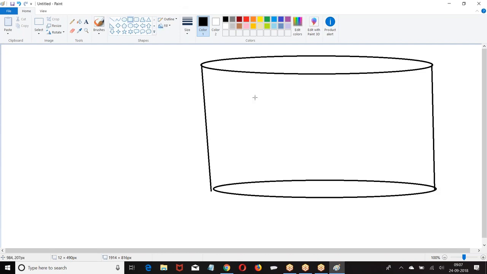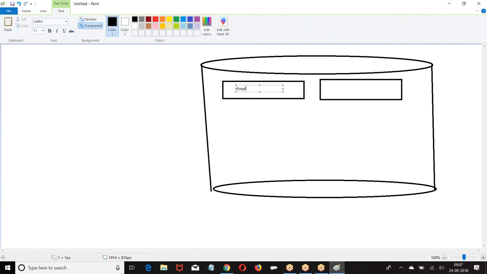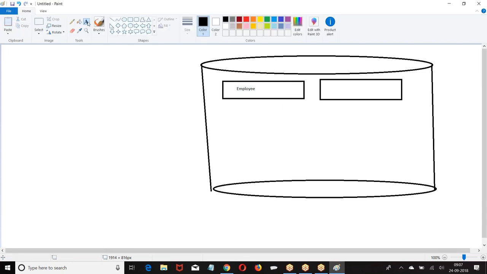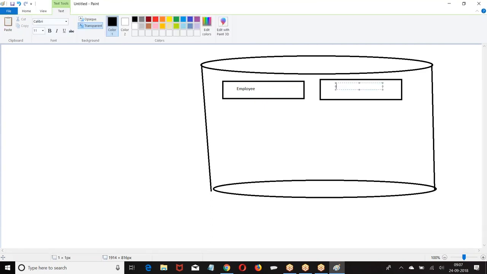Whatever tables you created on this all belong to the same organization.